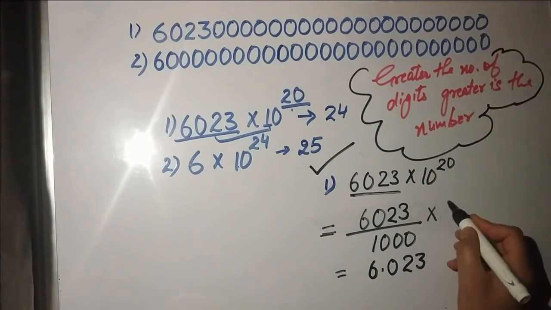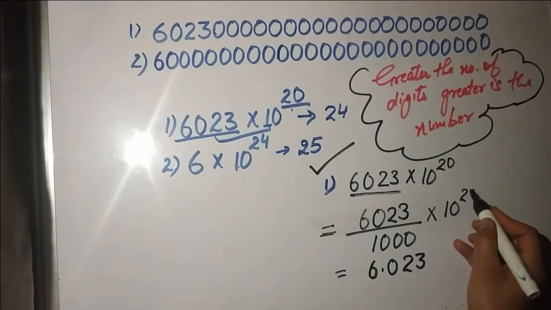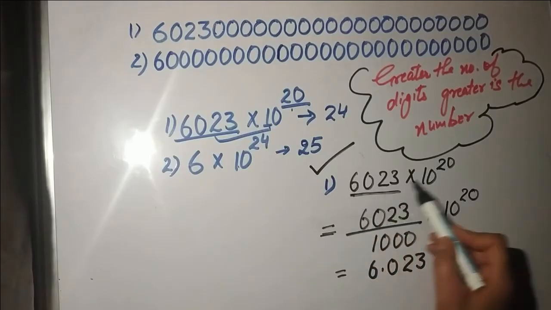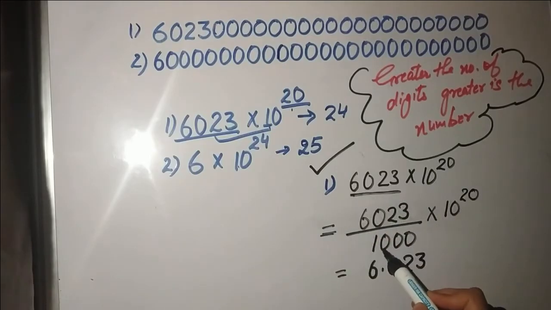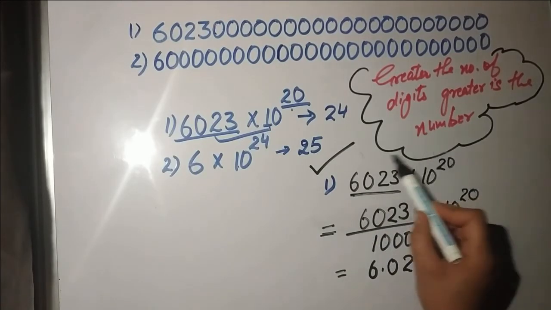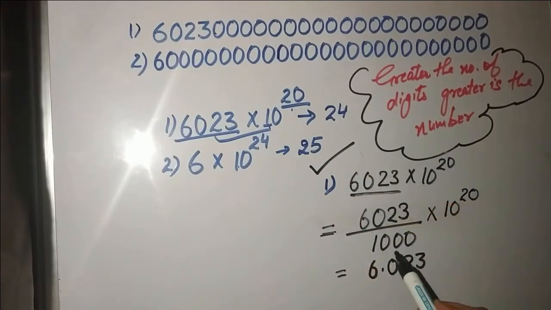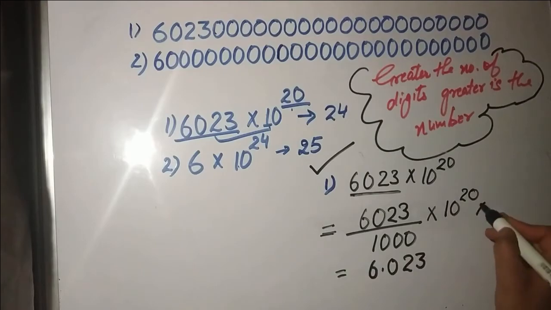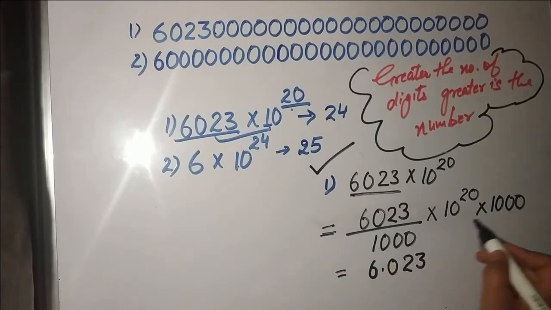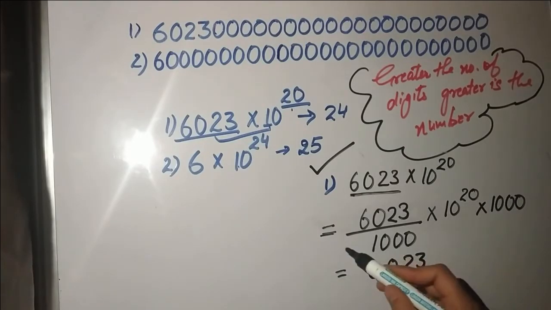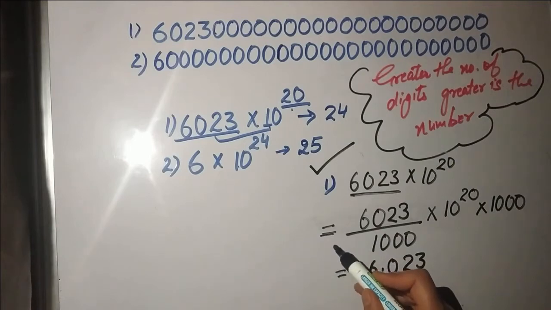But now if I put an equal sign here, I'm writing this equal to this, which is wrong because this is not equal to this. Here is 1000 extra. This number has been divided by 1000. So how can they be equal? It's going to be smaller, no? Because we divided by 1000. If I have to write the equal sign, I need to multiply by 1000 also. I divided by 1000, I multiplied by 1000. If I cancel them, these can be cancelled. Okay, so that means now I can put the equal sign.